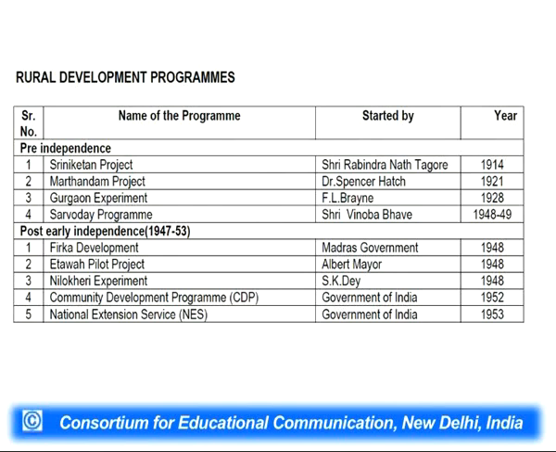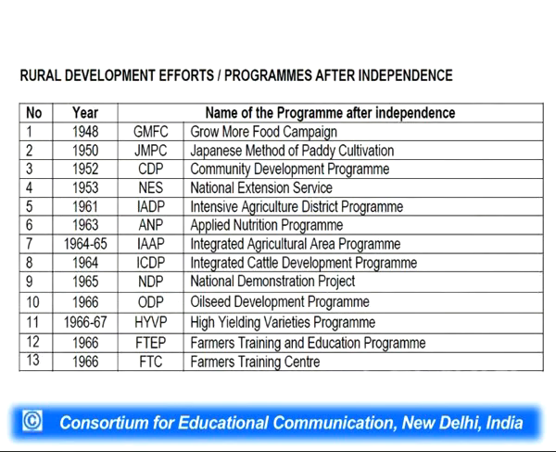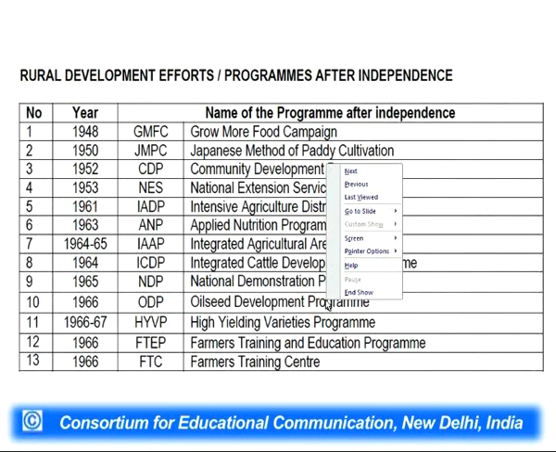So, I would like to come to the post-independence period, and particularly the early post-independence, 1947 to 53. FRAC development, Madras government, Etawah pilot project, Albert Mayer, Nilokheri experiment of S.K. Dey, community development program of Government of India, 1952, National Extension Service, Government of India, 1953, rural development